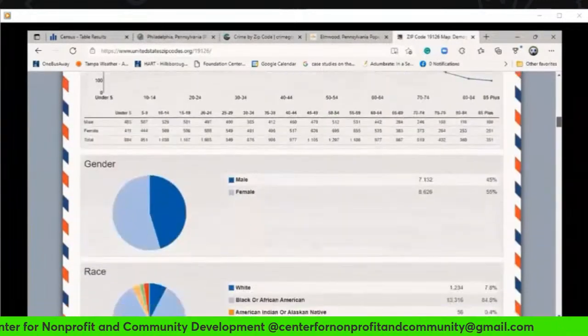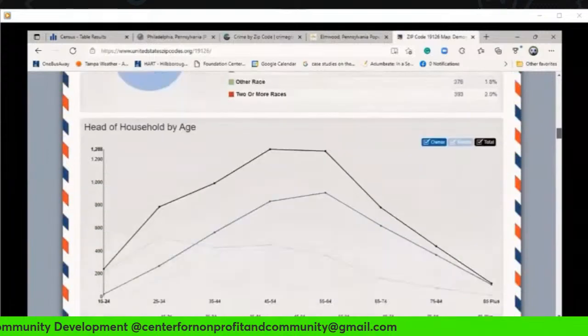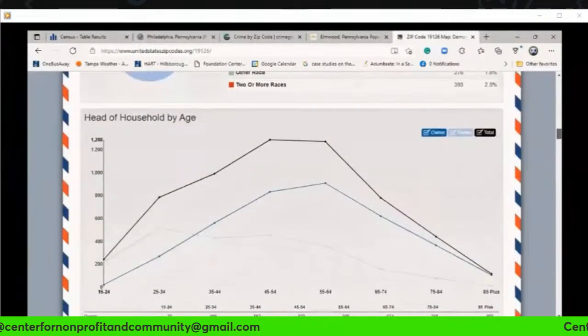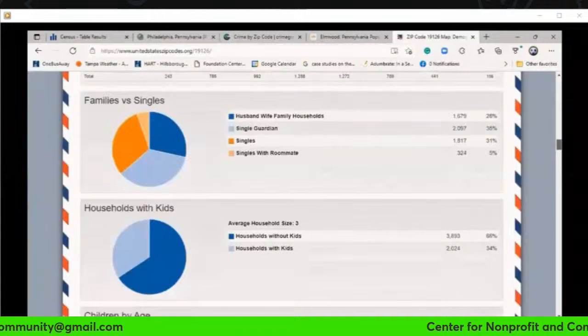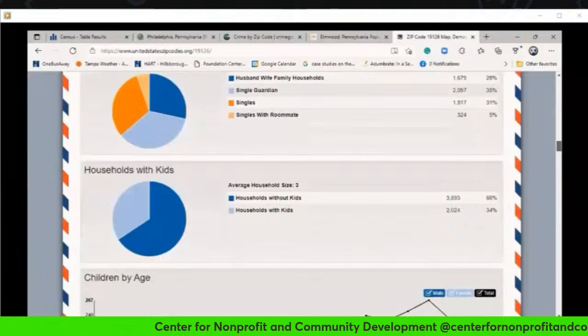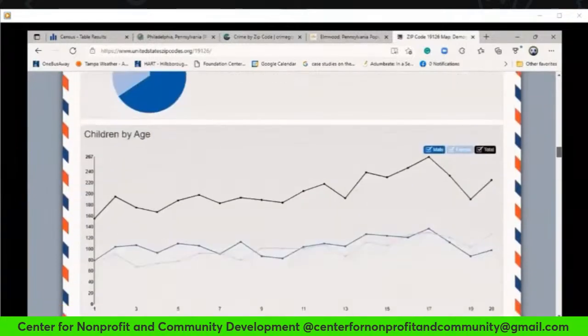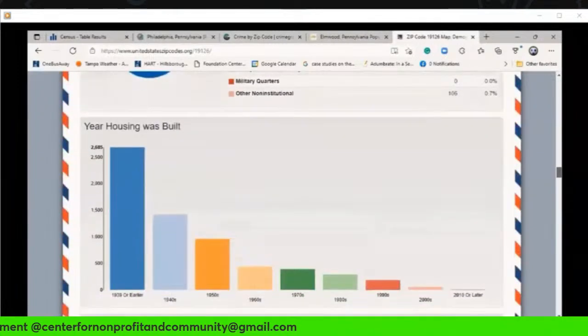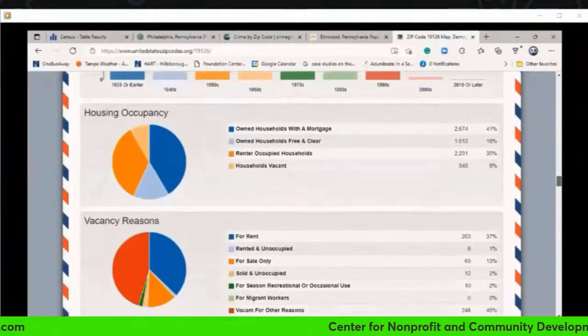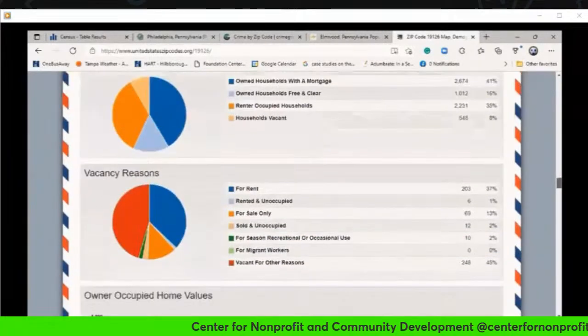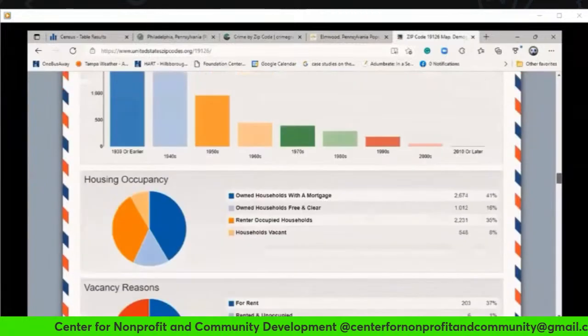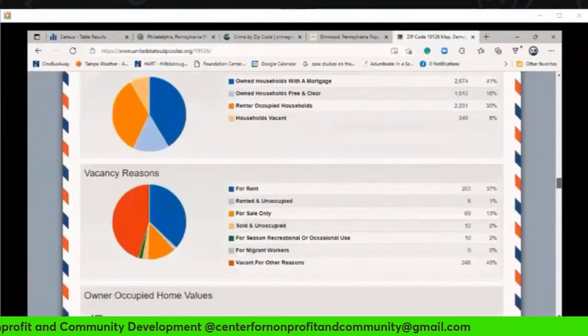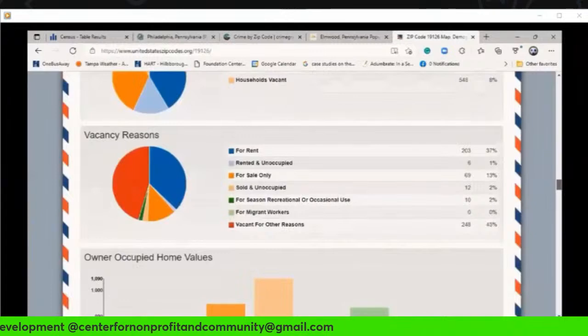total population, gender, head of household by age, families versus singles, households with kids, children by age, real estate and housing. You can look at when the house was built, housing occupancy, and when you break down the type of occupancy, owners, vacancies, as well as not only can you